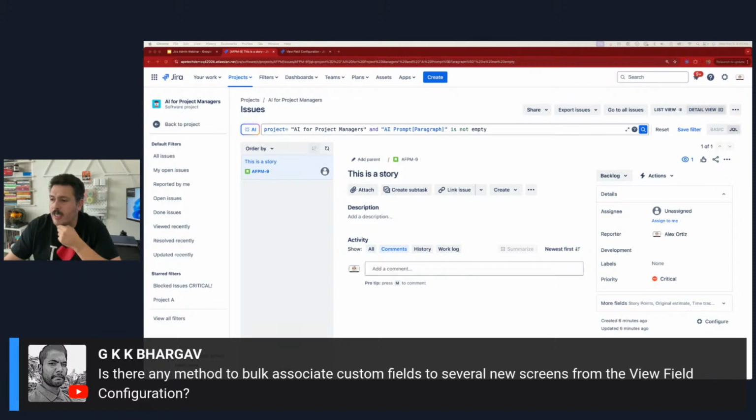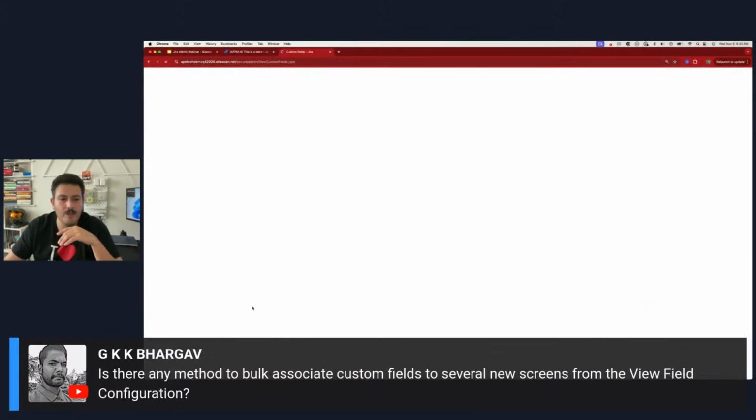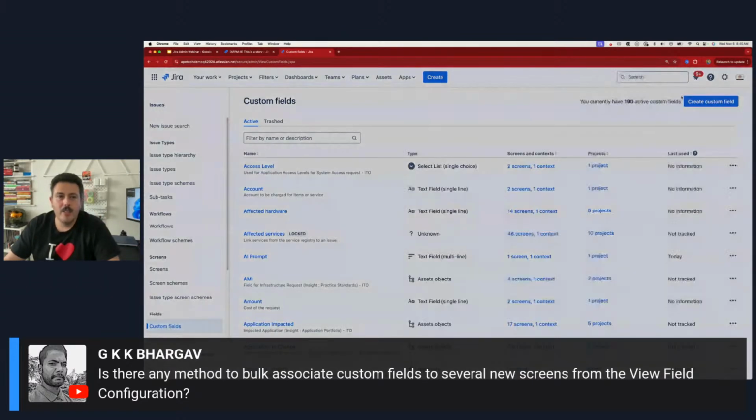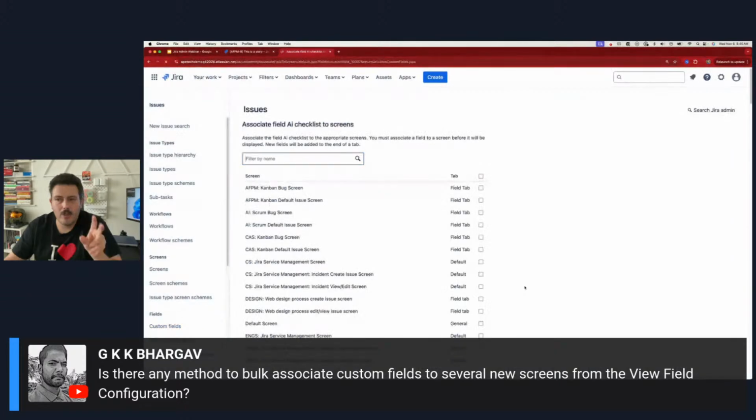Yes. So when you go to create a custom field, unfortunately you can only do this upon inception, right? So when you go to create a custom field, and now I gotta go make a fake one. So when you go make a new one, right? AI checklist, and then we got like thing 1, thing 2. Here and only at this moment, so you want to do this right now, is you check the check boxes